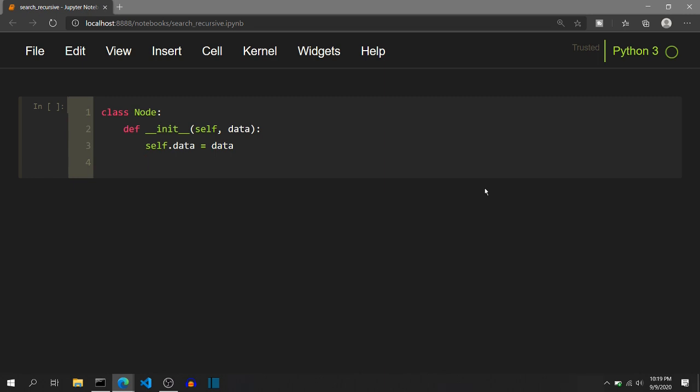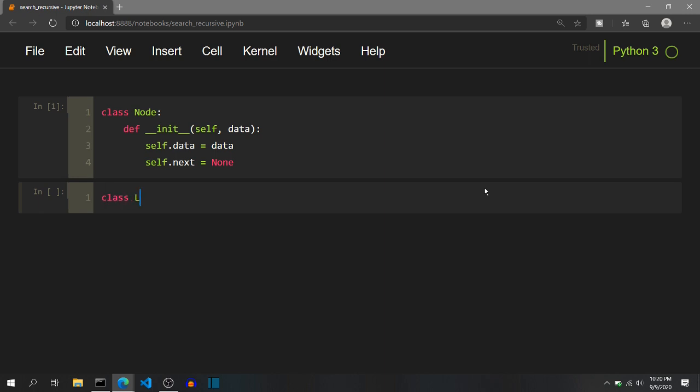The linked list that we will be considering in this video will be a single linked list. So each node in the linked list will have a next pointer. So we will set self.next is none. Initially, these next pointers will point to none values, but once we start constructing the linked list, this next pointer will point to other node objects. So this is all you need to write for the node class. So let's execute this and start writing the code for the linked list class.